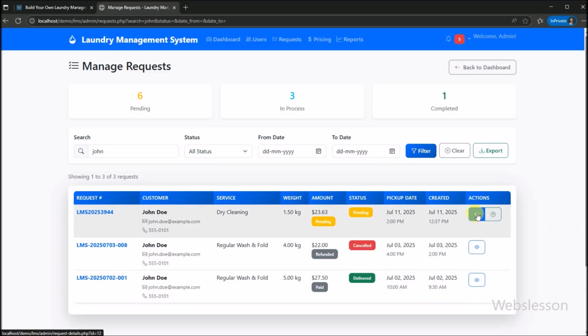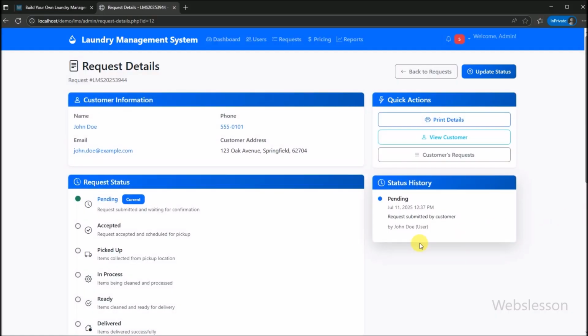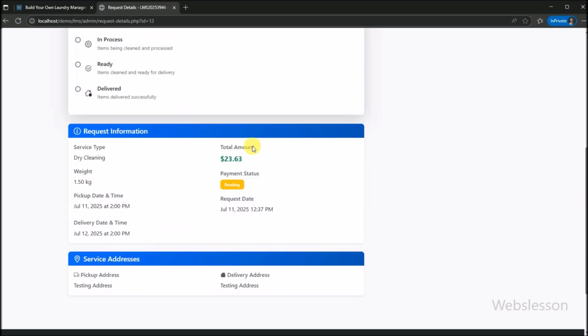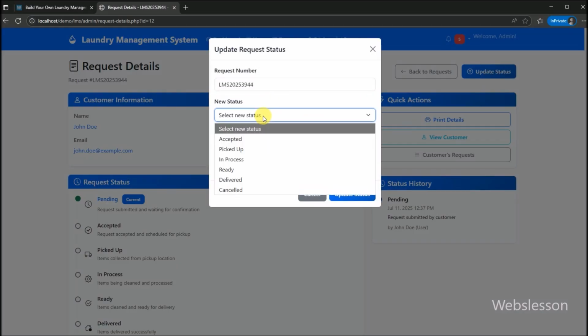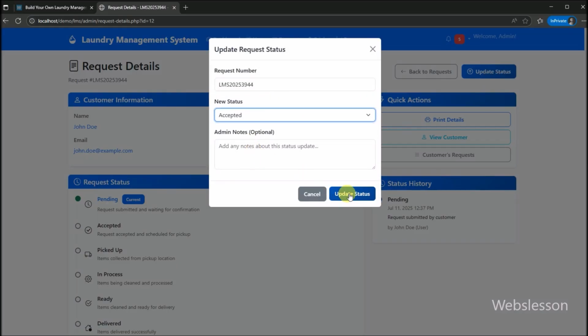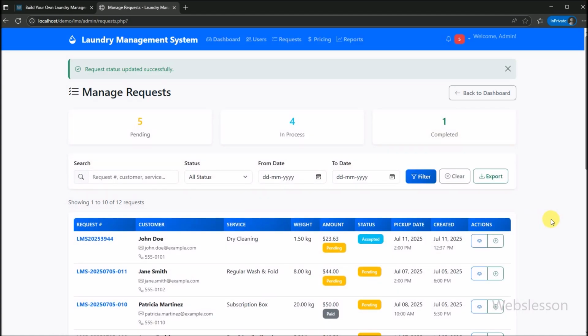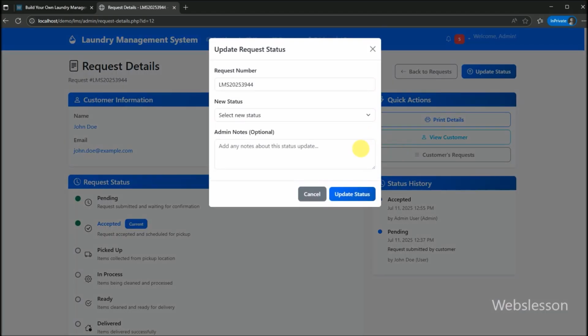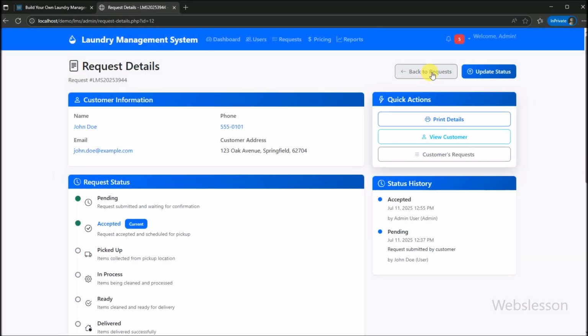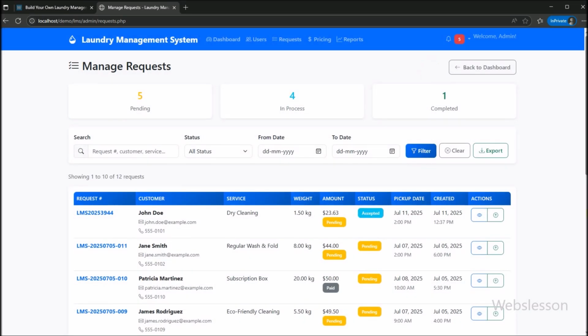When a request is selected, a detailed view appears, showing all customer information, service details, addresses, and special instructions. Crucially, admins can update the status of any request through an intuitive modal. For example, changing a request from pending to accepted, then to picked up, and so on. They can also add internal notes for each status change, ensuring a clear audit trail and smooth communication within the team. This streamlined workflow ensures every order is